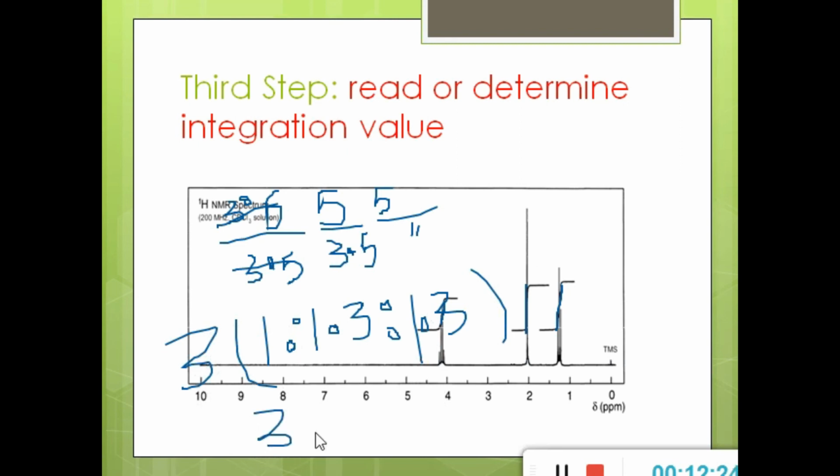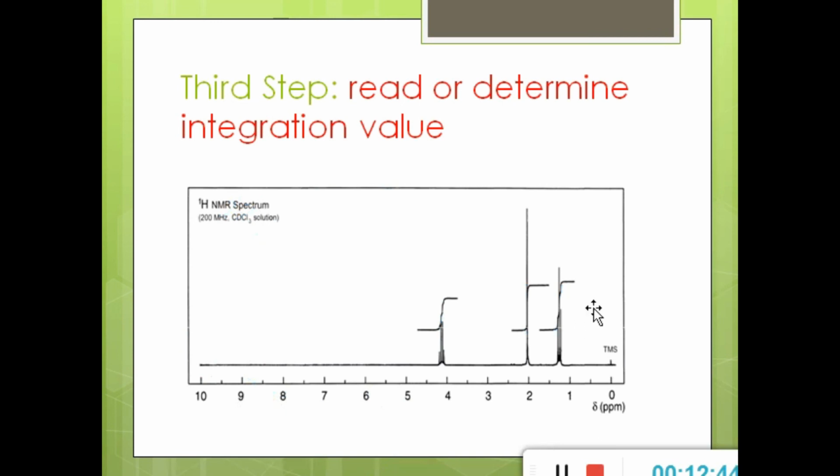So we get 3.9, or equal to 4. Here we also get 4. Then you can find out the integration values like this. This is all very simple, as you can understand it easily. But there is also a possibility that the first one is 3, the second one is 3, and the third one is equal to 2, and then this gives us the integration value in this case, as you can see from the structure that we have elucidated before.